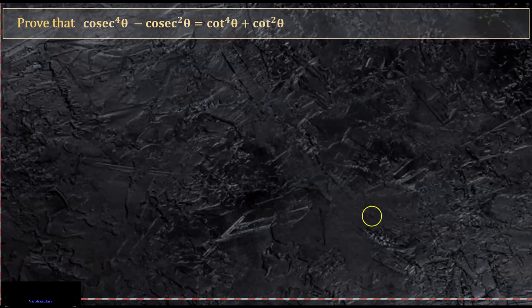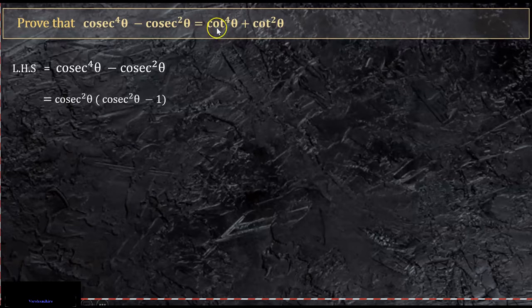The next one, cosec to the power 4 theta minus cosec square theta equal to cot to the power 4 theta plus cot square theta. Okay, so let's start with the left hand side. What we're doing, we're taking a common cosec square theta. So under bracket it will become cosec square theta minus 1. Now cosec square theta minus cot square theta equal to 1, right? That we know already. So cosec square theta minus 1,